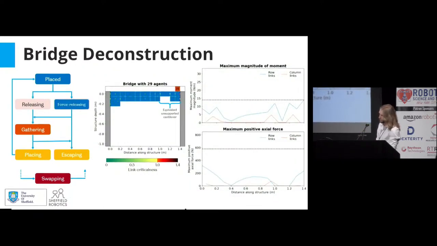Now we'll talk about the second problem, which is deconstruction. So it's similar to before, but we have one new mode called force releasing, so agents can tell each other to release if they need to. Gathering agents enter the simulation above the right-hand side, as shown there, or they can release as before. And they place depending on whether they believe the equivalent unsupported cantilever is stable, which is the region shown there, which basically means, if the agent left of that was released, would that cantilever be stable? We calculate this by augmenting the force information using some elastic beam theory from civil engineering. Again, this is best shown with a video, which we'll play in a second.